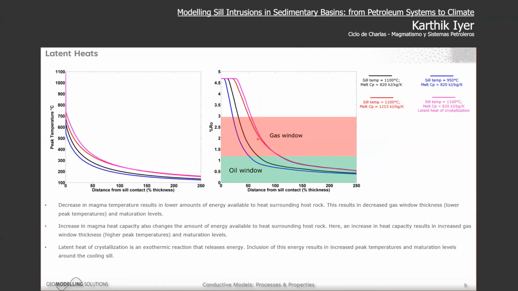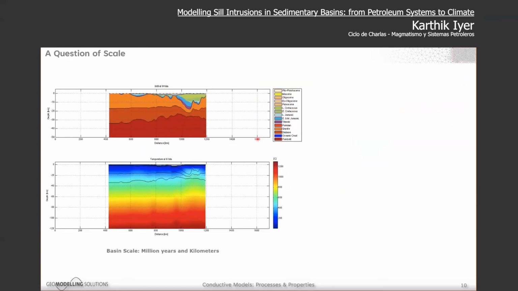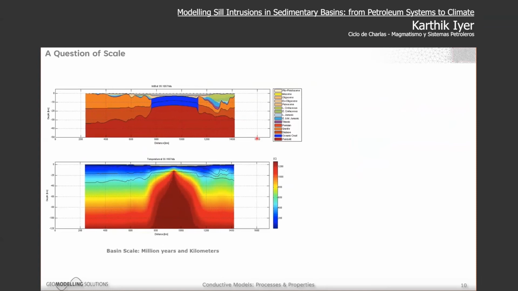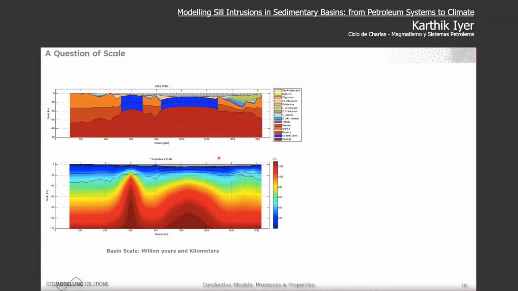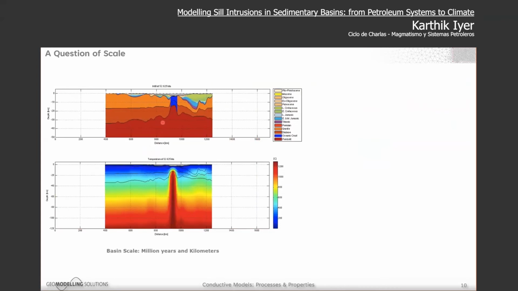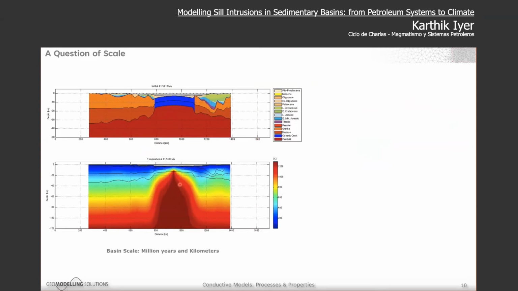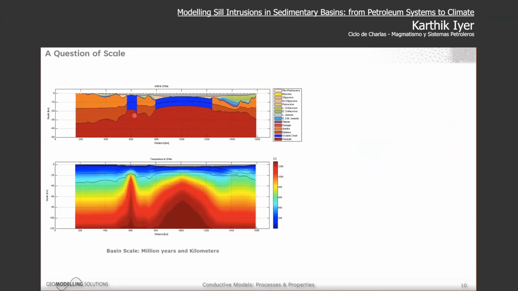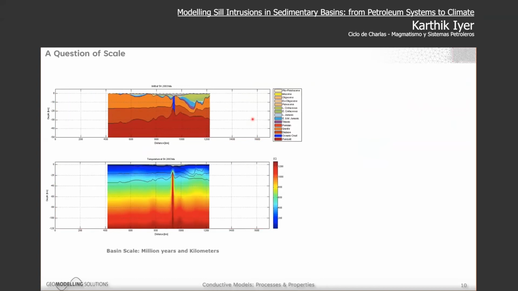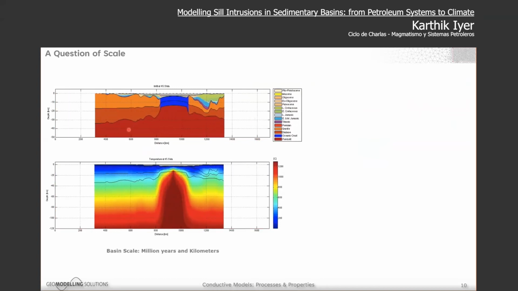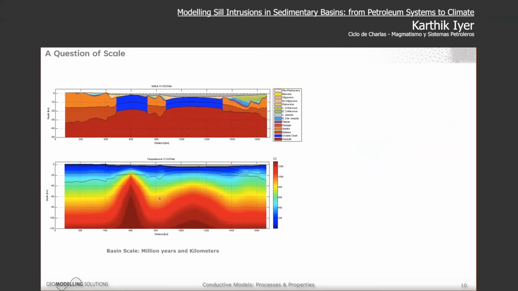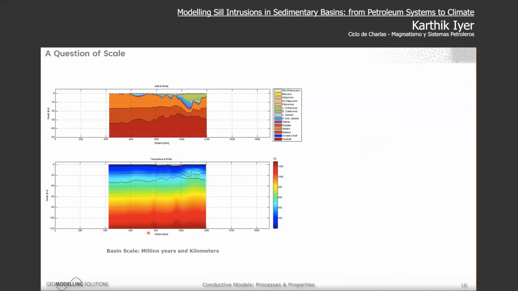So those were the key processes, but it's also a question of scale. When we think as petroleum system modelers about scales, we usually think of these dimensions. So this is a nice model of the North Atlantic margin opening. Here there's oceanic crust forming, a lot of heat being generated, and we have basins forming, rifting occurs, and you have everything that is associated with a full basin model. But this, as you also notice, is occurring over tens of millions of years. And the scales we're talking about are, in this case, thousands of kilometers.